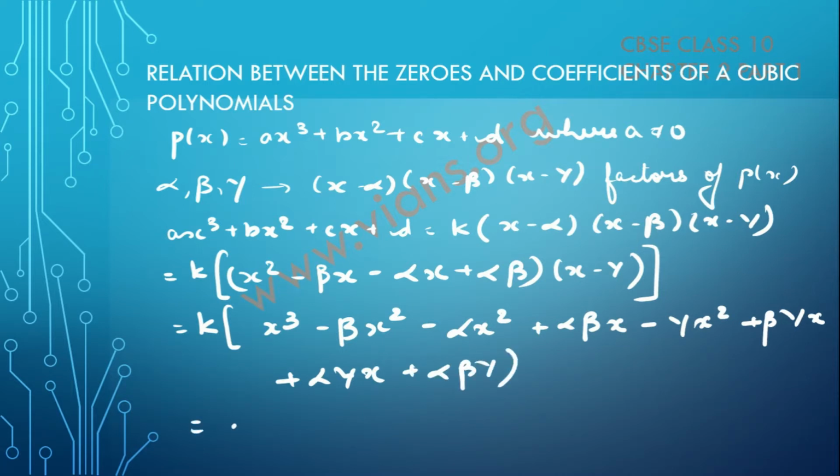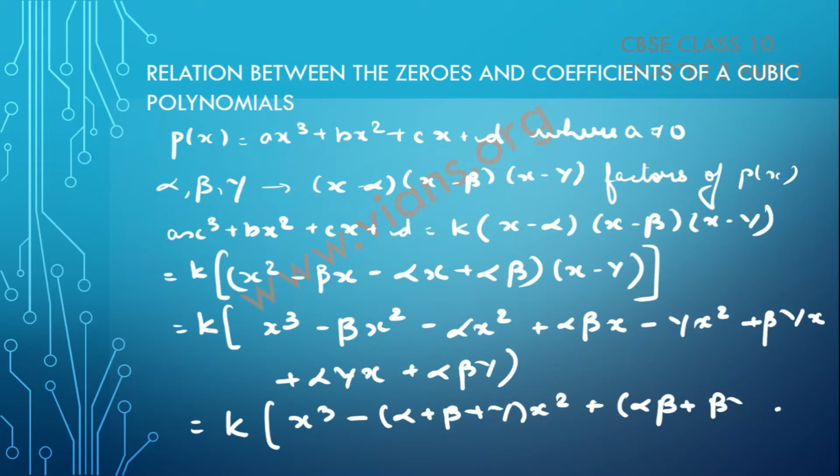This can be written as k into x cube minus alpha plus beta plus gamma x square plus alpha beta plus beta gamma plus alpha gamma